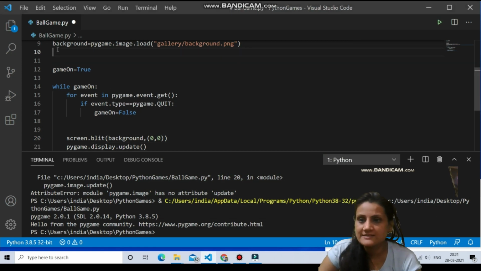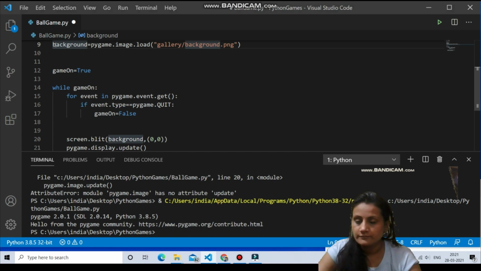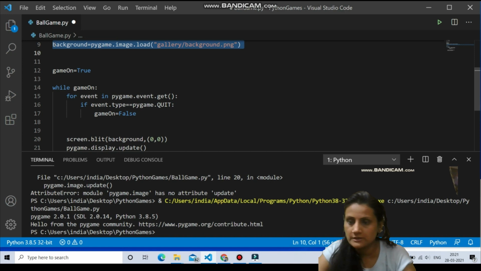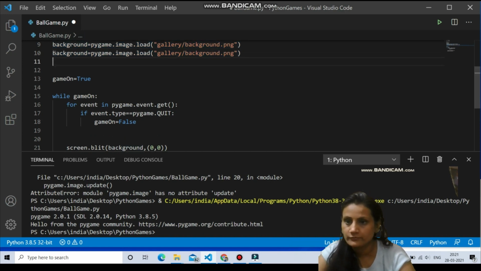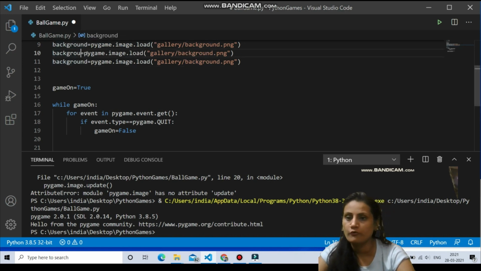This is the same as what we had for the background. The similar thing we have to do here also. I just copied this and pasted it here twice, because in one I need to load my image of the road.